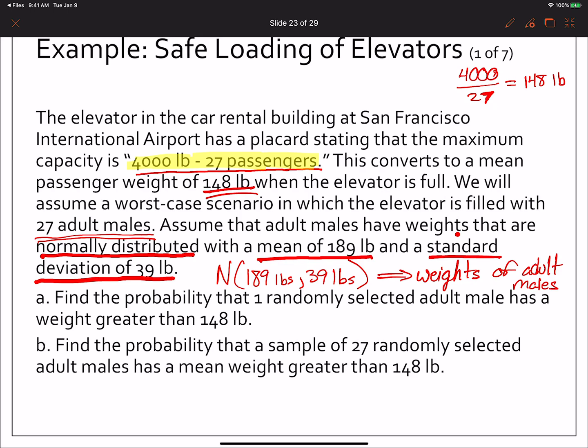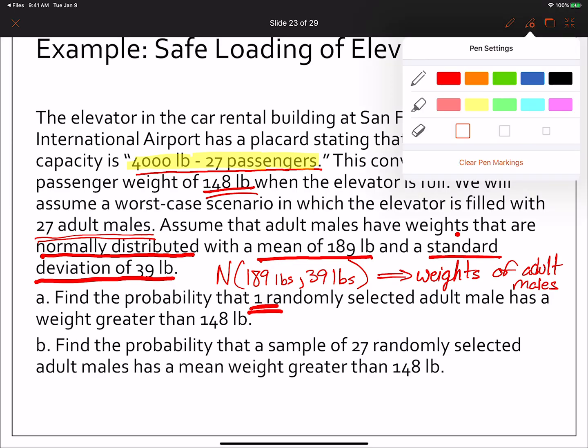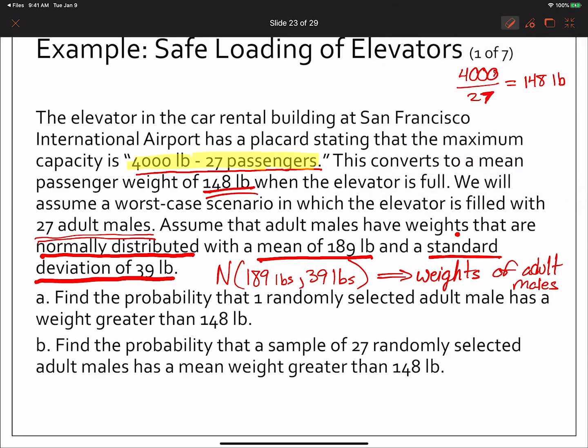Now the two questions this is asking us. The first question is saying, find the probability that one randomly selected adult male has a weight greater than 148 pounds. So that's the first question. Find the probability that one randomly selected adult male has a weight greater than, right? A weight greater than